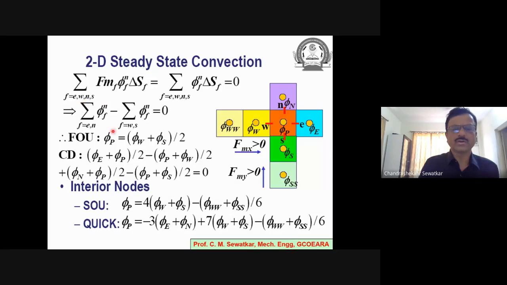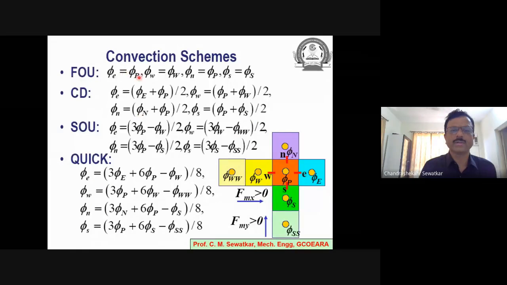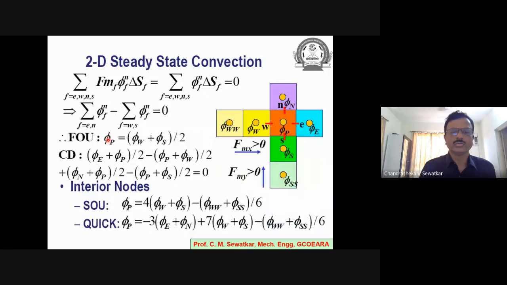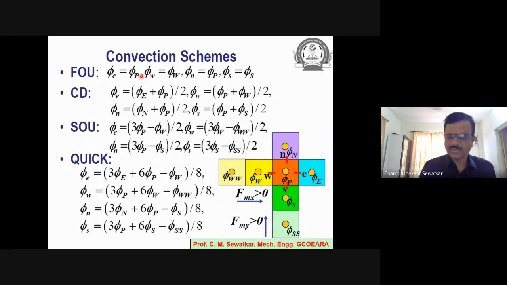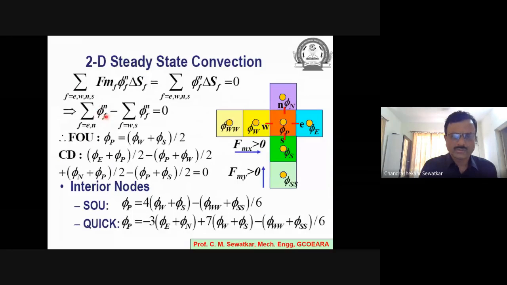If I use the first order convection scheme and put the expression for phi_F with the help of FOU here and here, I will have quantities like, see here, phi_E is phi capital P, phi_W is phi capital W, phi_N is phi capital P. So I will be having two phi_P's in the expression, right? So two phi_P's, if I take two onto that side, and I will be having one phi_W and one phi_E. So if I put the value of phi_F here using the first order upwind scheme,